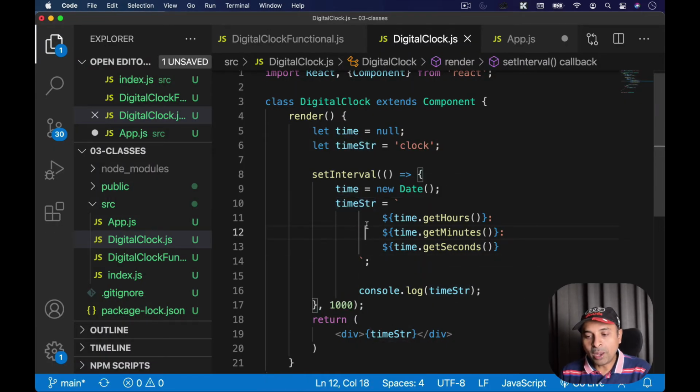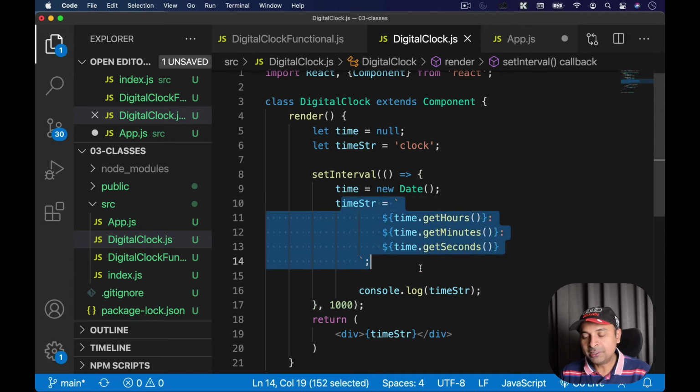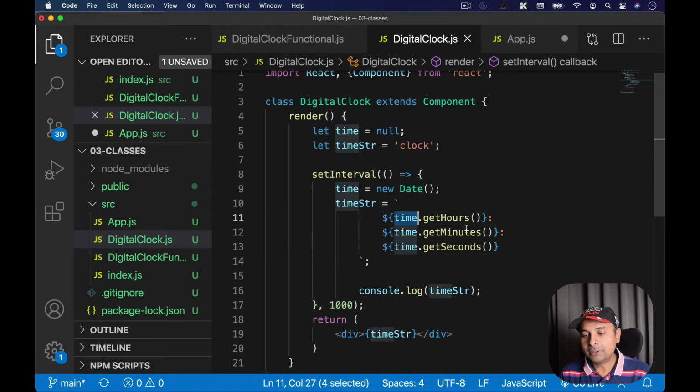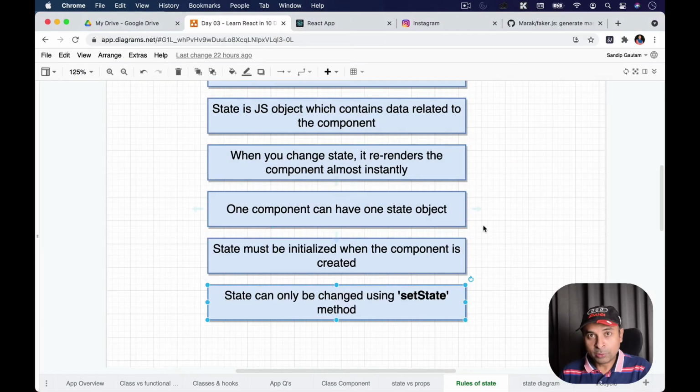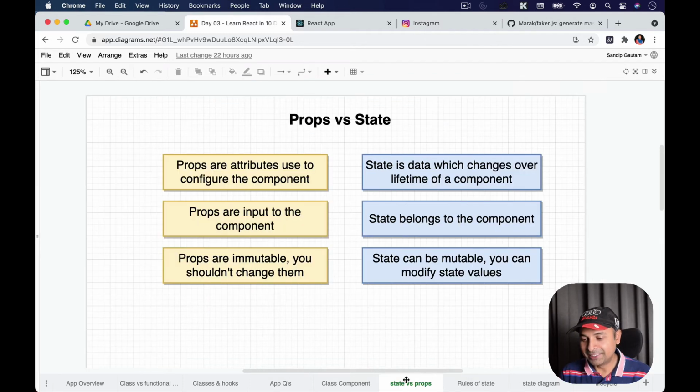Now, how I'm changing this time string here, I'm changing it directly, by assigning with an equal sign and updating that with the latest time. But the first thing is, we are going to create a state. To change that state, there is a method called setState, which we are going to use to change our state. And once the state gets changed, our component is going to re-render. So I think this is the theory